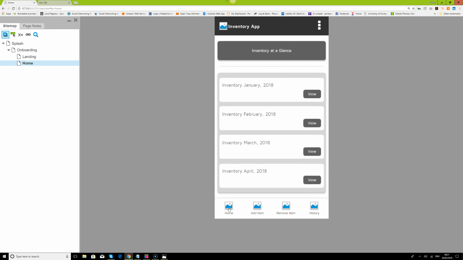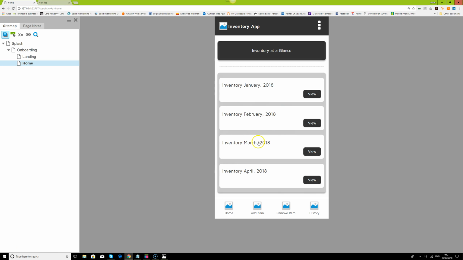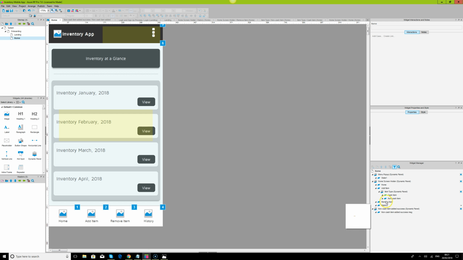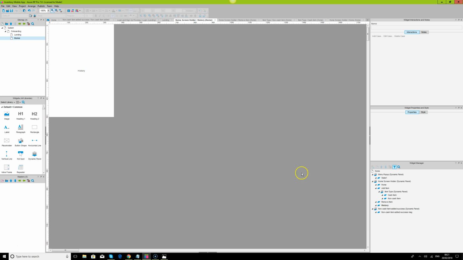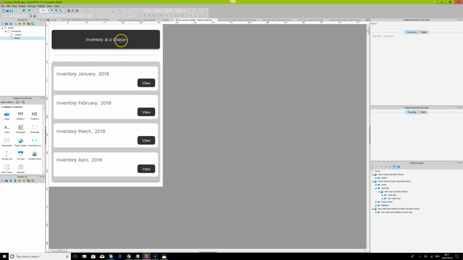And we have here the home page, which is like the inventory at a glance. So the history as well, what we're going to have here, which will be similar to this but a little bit different, because we're going to be using some historical data value. So we will go to our prototype, we go to home, we'll grab everything, and we'll go to history, select everything, and just paste it here, and we will increase the size so that we can see what we are designing. So what is going to happen is this: we're going to have we're going to say history,